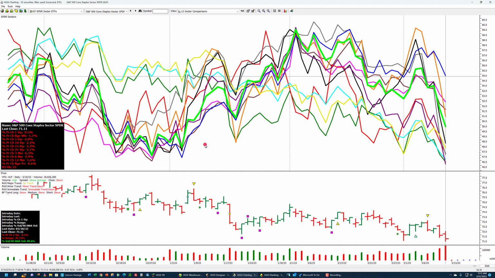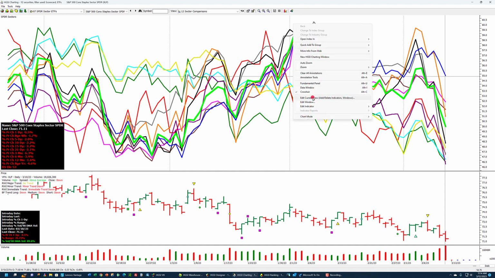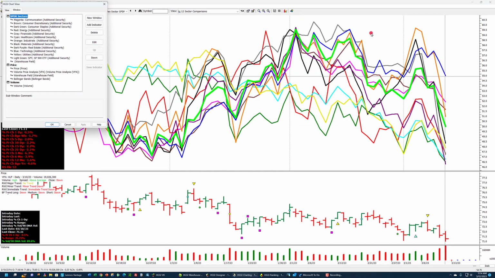But primarily it's just to show direction. At different parts of the year you'll see some of these going up, others going down, and others staying flat, but in this instance they're all going down. Some are not down as much. In fact, if you edit the current view, you can look in here and see what the colors represent.